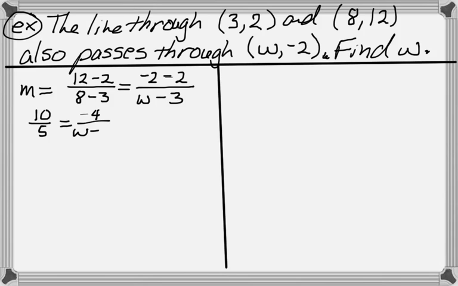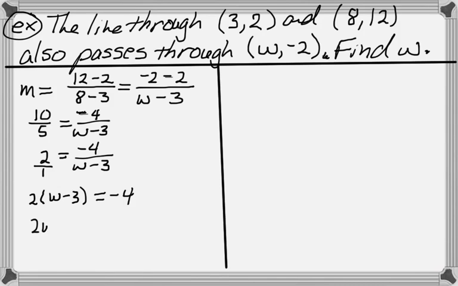Simplify a little bit. And now I'm actually going to simplify a little bit more and cross multiply and distribute, and so I've added 6 to both sides, then I divide by 2 and I get w as 1. Now I could have used, to find the actual slope I don't have a choice, I have to use the 2 points that have all their coordinates, but